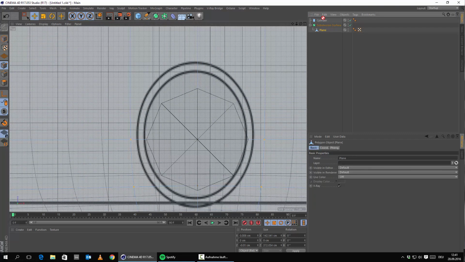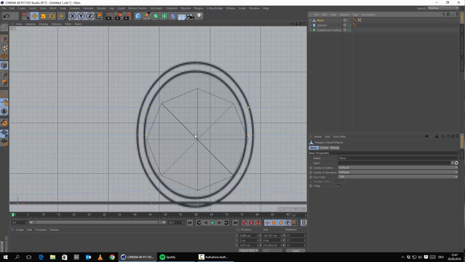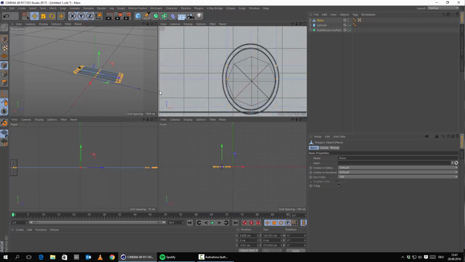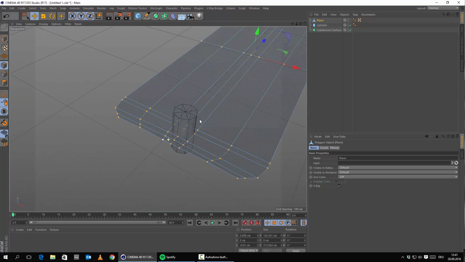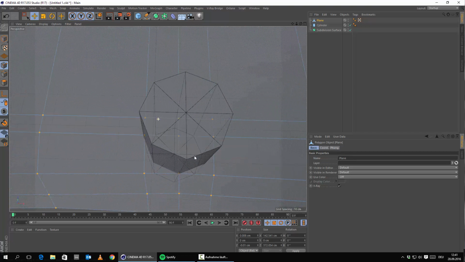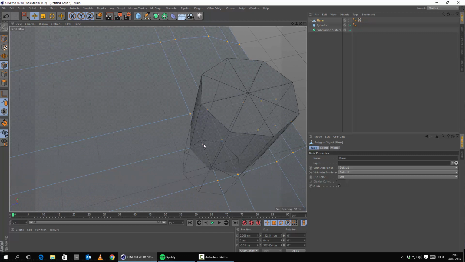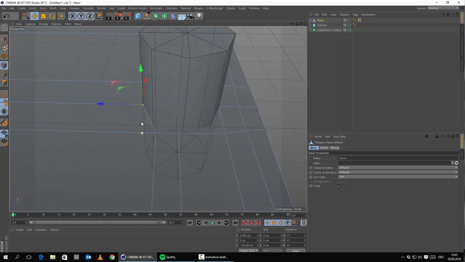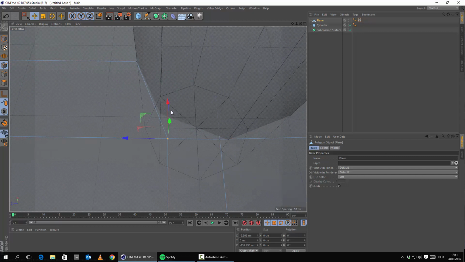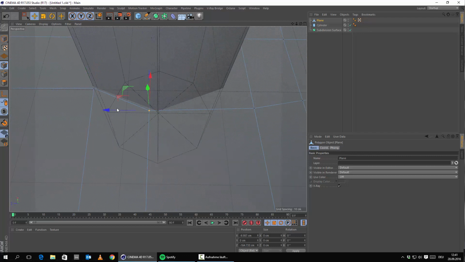Let me drop out the plane first of all of the subdivision surface so we can see a little bit better where we are at. And let me maybe go into perspective mode. And now we can just simply move those points here a little bit around like this. And we need to move in this one a little bit and bring this over here. Bring this over here,